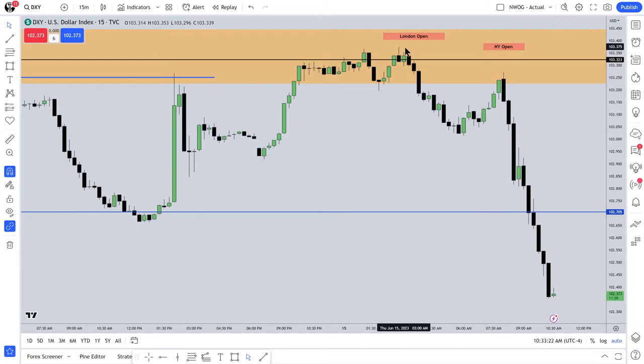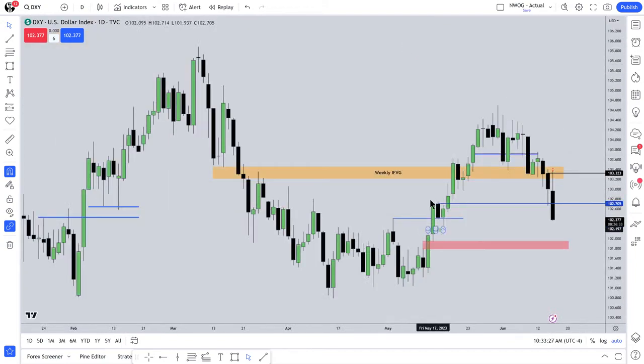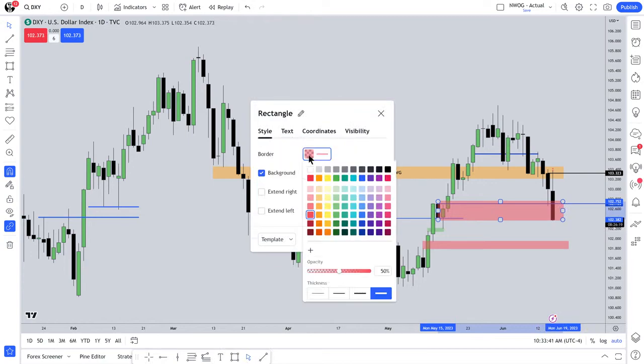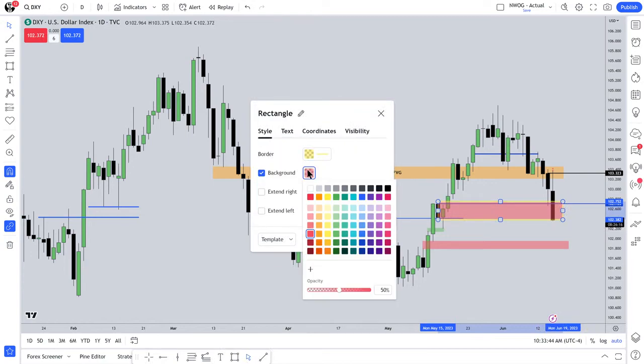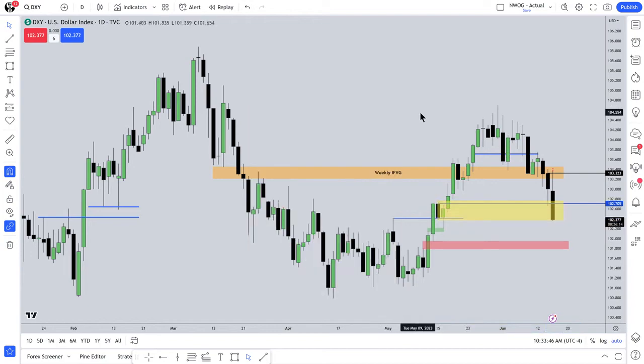All right, so the idea of how far price runs can go, I'm going to use that here. Just for a frame of reference, I'm going to go back up to the daily chart. I want to encapsulate that entire down close candle here. We'll use a yellow. I don't really like yellow, but all right. So that's the entirety of the bullish order block, and the expectation is we want to see, does it want to gravitate lower and get into this area down here? Okay, and I'll hold off. I'll reserve doing that. You just have that on your chart as well.